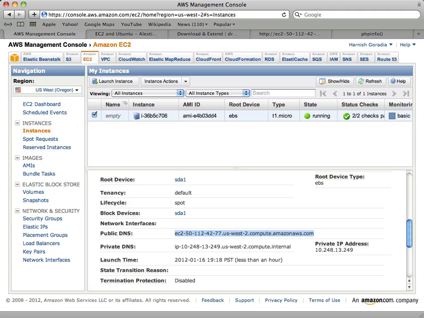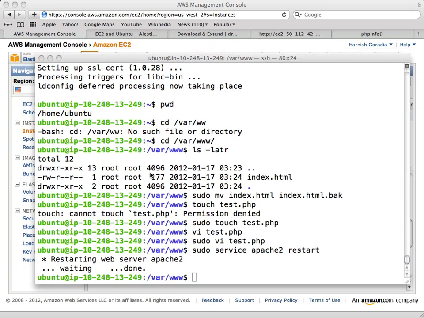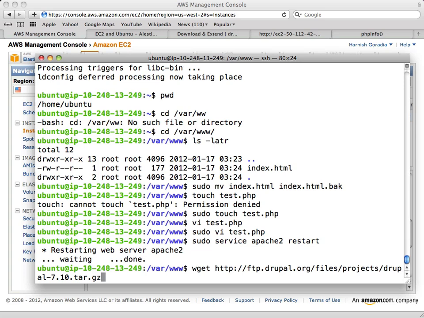All right. So now that we have this, let's see if we can even bring in the Drupal installer. So I'm going to get Drupal 7.10, which is the latest.